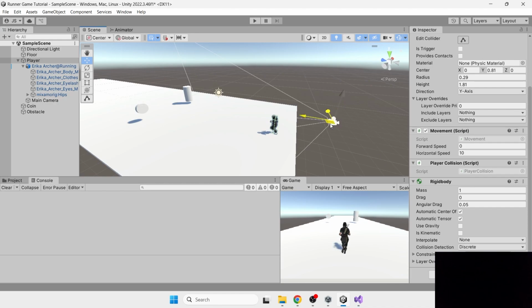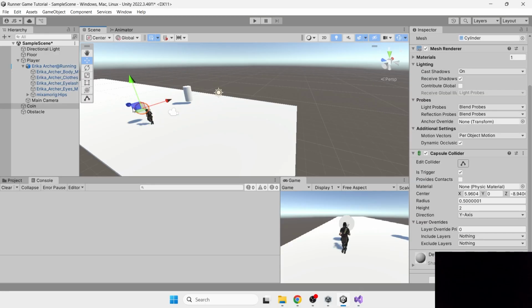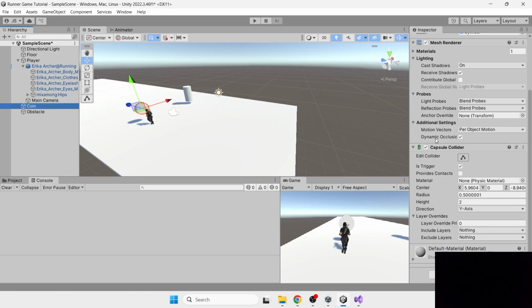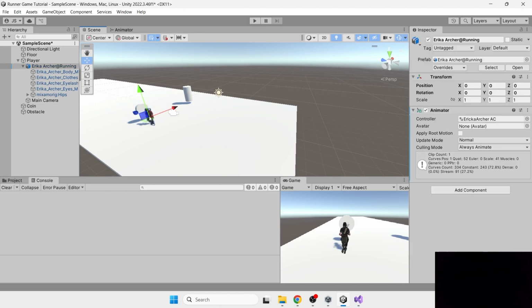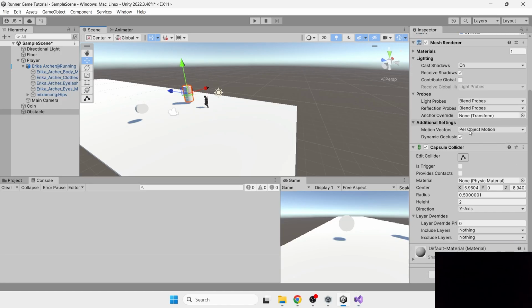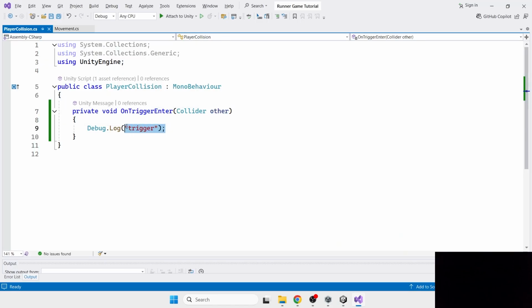And so when the player runs into something, onTriggerEnter gets called, and this other is the other thing that I hit. So if I hit a coin, that other is going to be specifically the collider that's attached to the coin. If the player hits the cylinder, this obstacle, then this collider, other, is going to be the collider attached to this obstacle here. And so what we can do is we can get a reference to this, right? This other is going to be